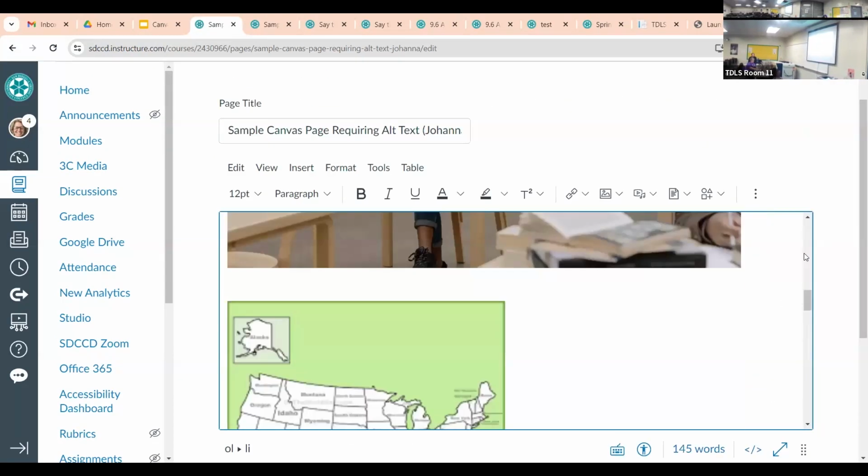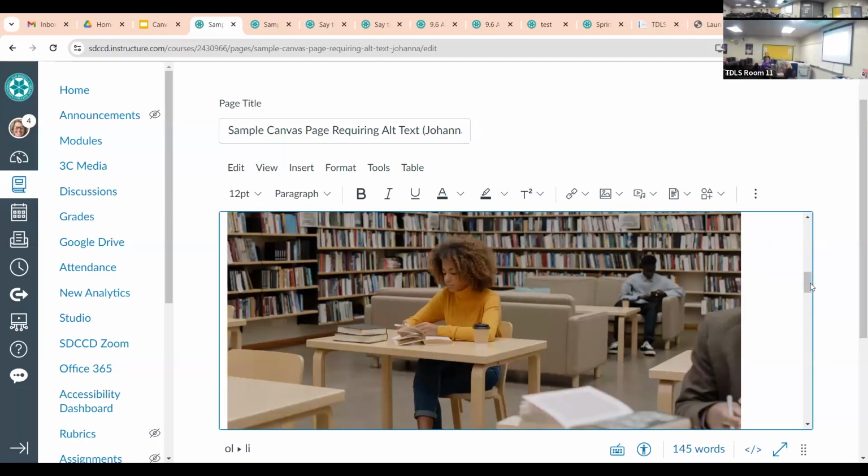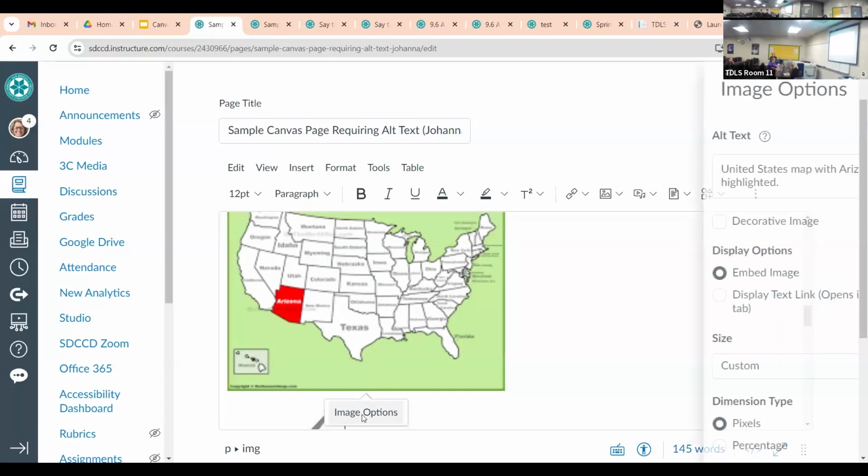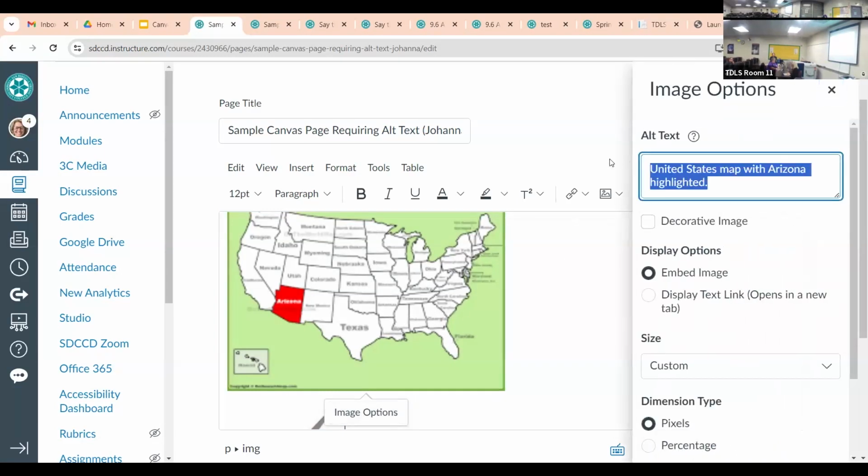Okay, so that's how you add the alt text. I don't know if I put alt text on all of these already. It looks like I have. You click on the image, you click image options, your window pops up and you can type the alt text